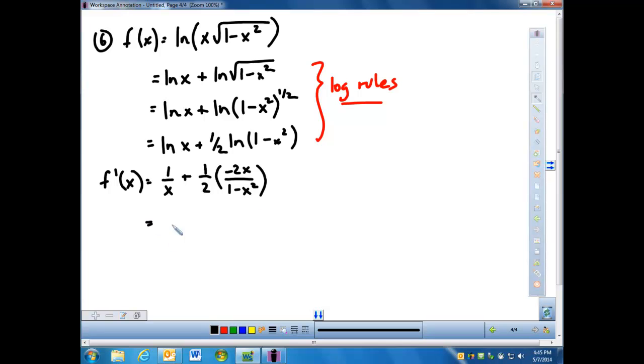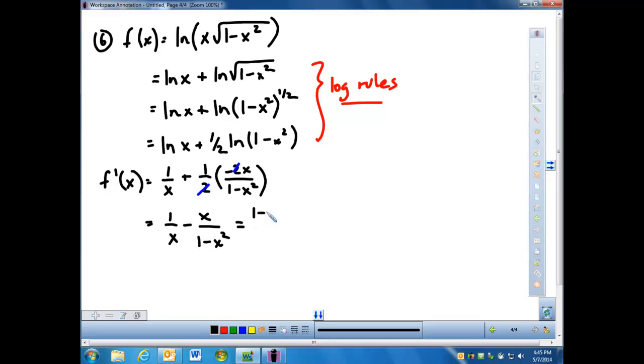So I got 1 over x plus negative x over 1 minus x squared. Remember, if you can simplify somewhat easily and obviously, then go ahead. And this isn't too bad. I just got a common denominator here. So I'll multiply the first fraction by 1 minus x squared. So I get 1 minus x squared